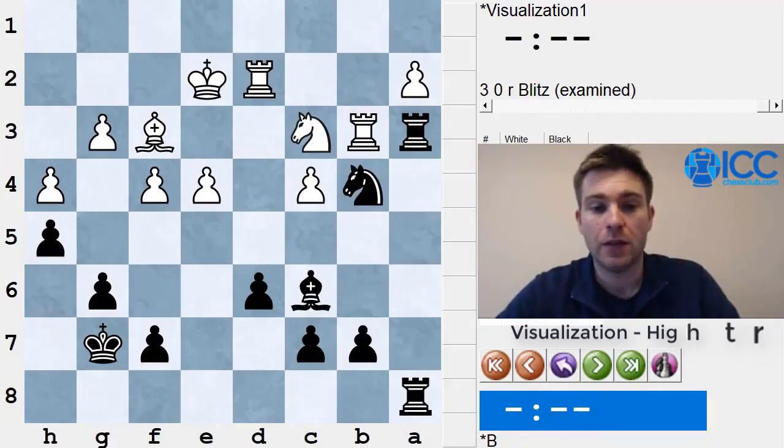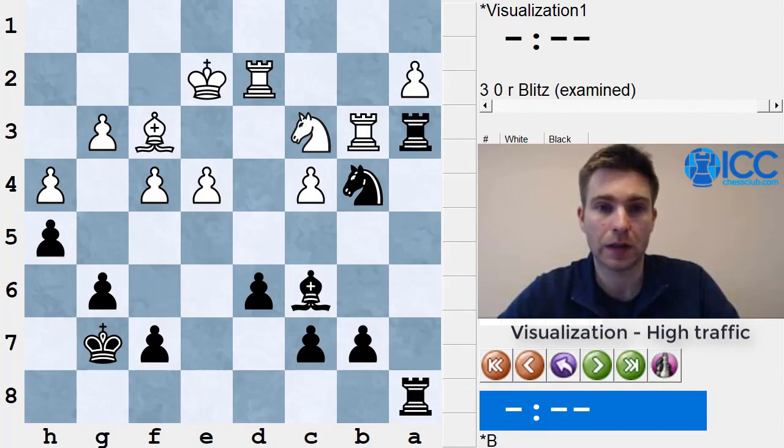Welcome back. We are continuing with our exploration of visualization topics, and the next one, which we will cover in this video, is the so-called high traffic type of position. As I explained in the previous video, these are the positions where there are a lot of pieces clustered on a small area of the board, and when you're trying to calculate variations and visualize the exact position, sometimes the problem is that exactly this small area of the board